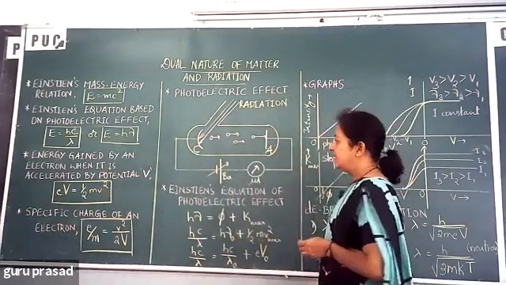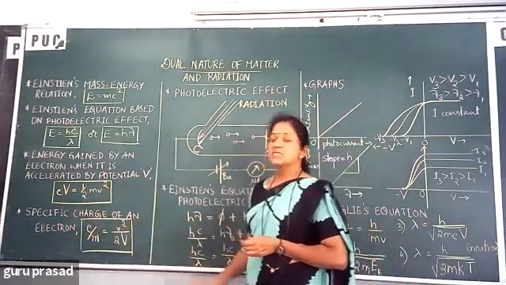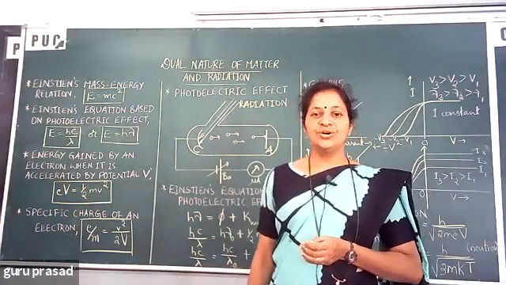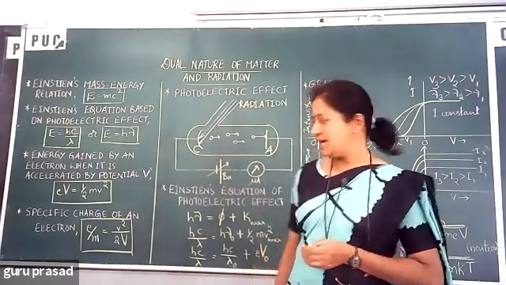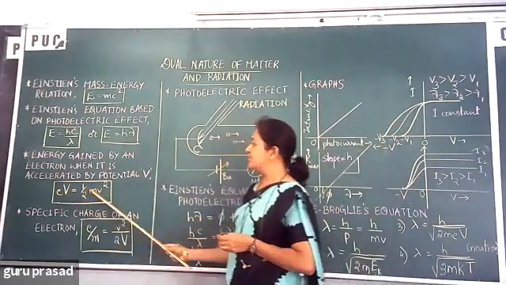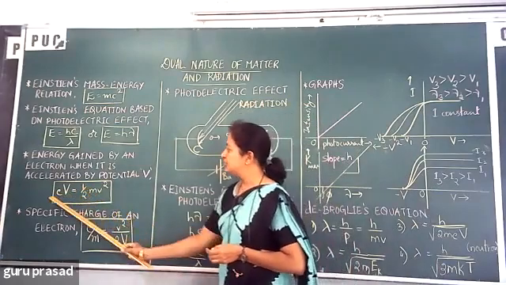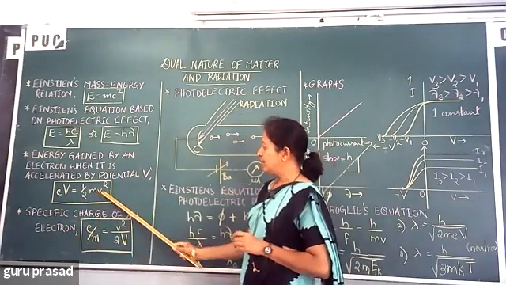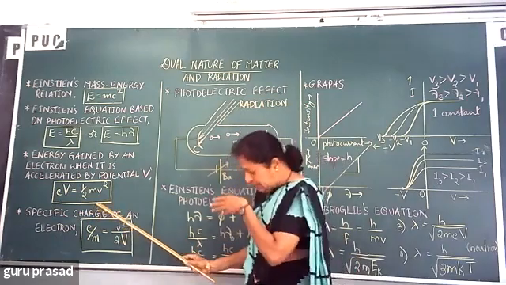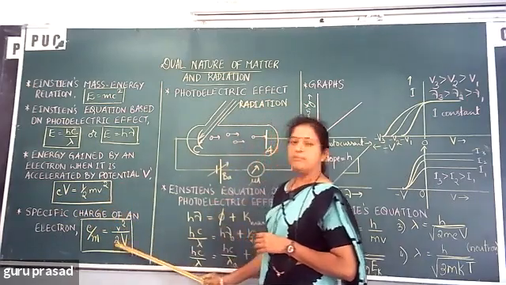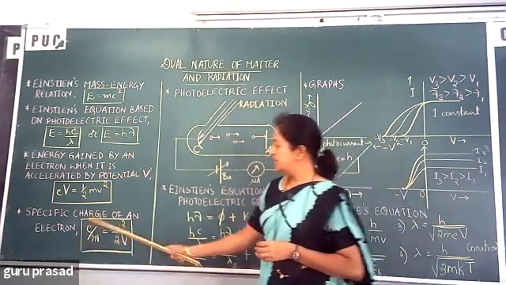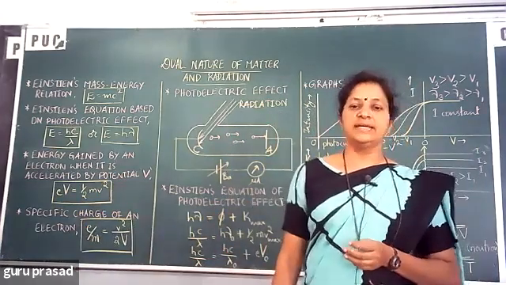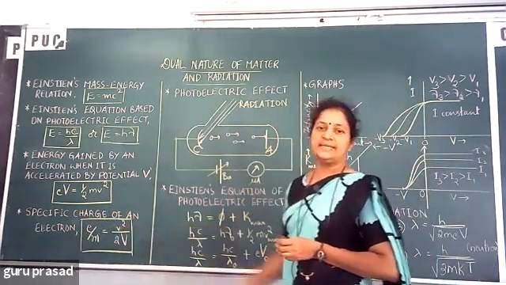Okay, fine. Then from the same equation, you also get the specific charge of the electron. Specific charge is nothing but the ratio of charge to mass. So we have eV is equal to half mv square. Just take m to the other side. So e by m is equal to velocity square by 2V. Okay, so this is the equation for the specific charge of any charge you can take. Here it is electron, so it is e by m.